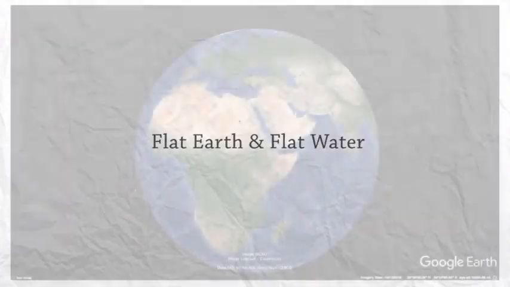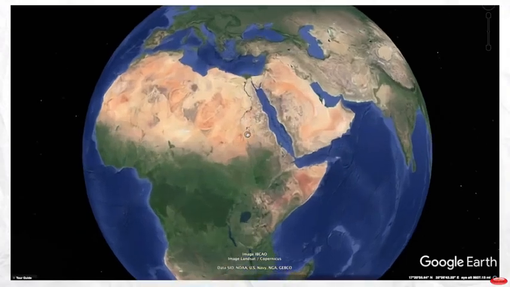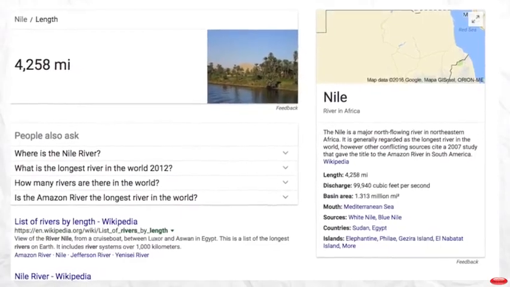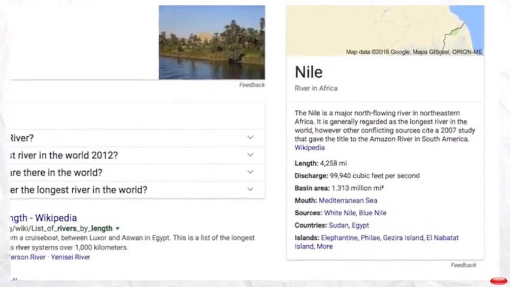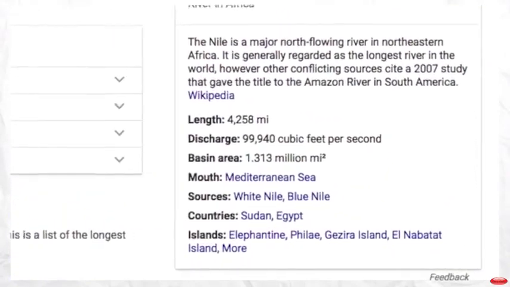I'm really fascinated by the Google Earth tool that allows you to view an elevation profile between 2 points or a drawn path over the surface of the Earth. What I thought would be interesting is if I mapped out a portion of the Nile River. The Nile River is the longest river in the world. I think in total distance, it's almost 5,000 miles from the source point to where it empties out in the